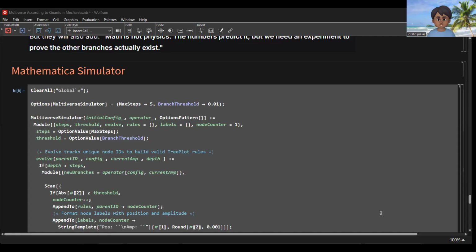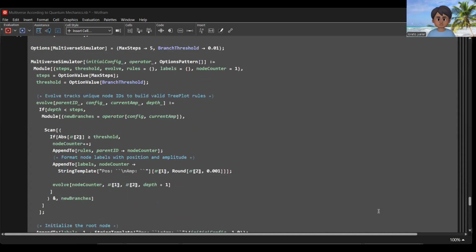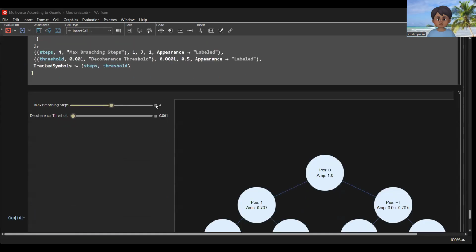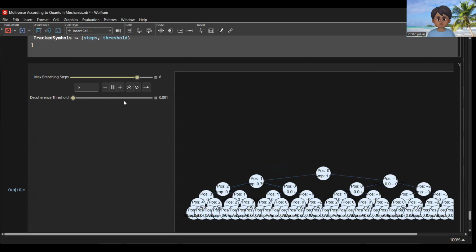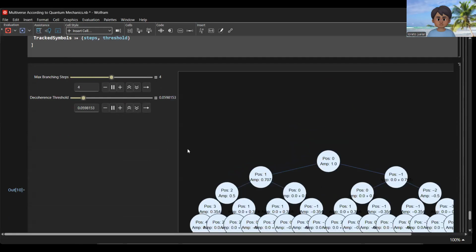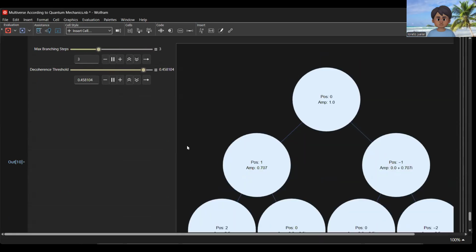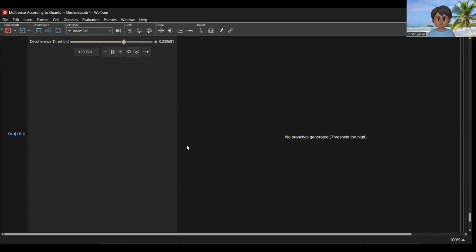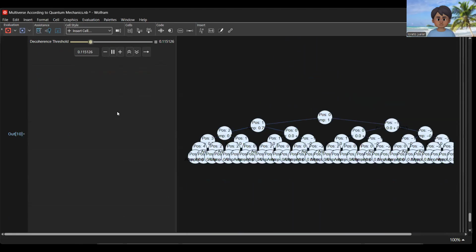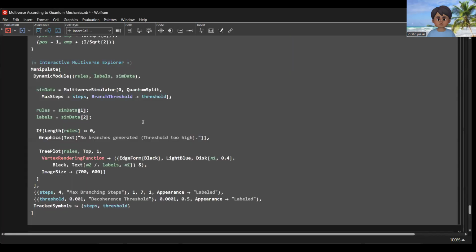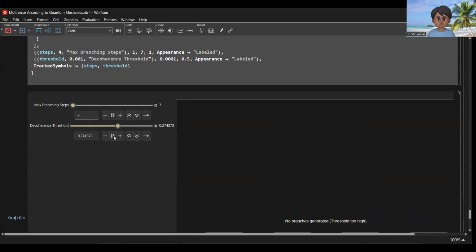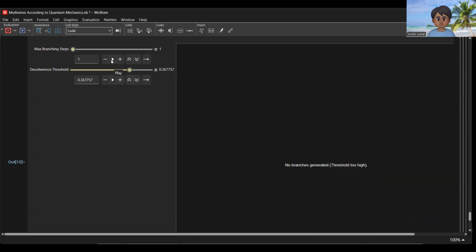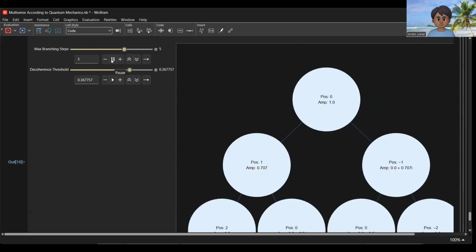So we have the simulation of multiverse. We have this. Okay, so